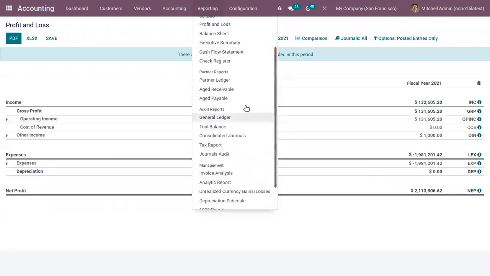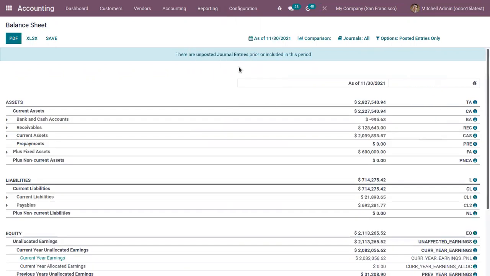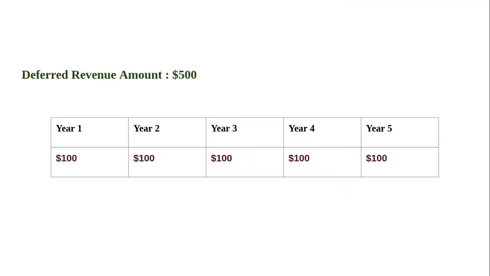So these future revenues must be deferred on the company's balance sheet until the moment in time they can be recognized at once or over a defined period on the profit and loss statement. For example, we sell a laptop with a 5-year extended warranty for $500, and we already received the money, but we haven't earned it because we cannot mark it as our revenue.